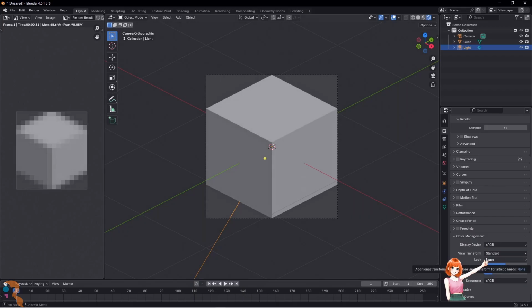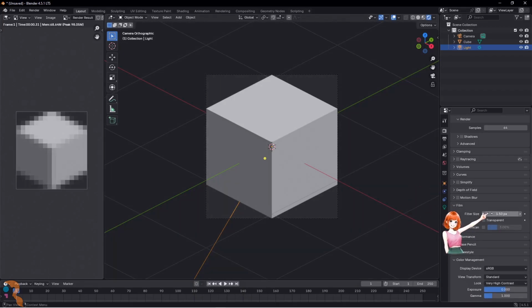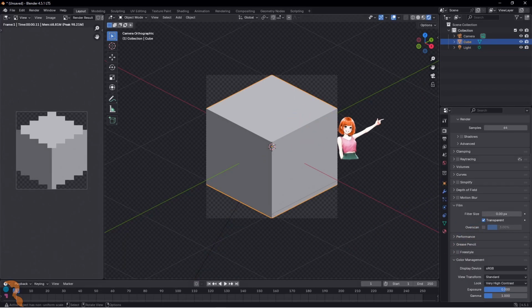In Blender, pixel perfection is achieved by setting the closest interpolation in the texture mapping of materials, and increasing the contrast and resetting the film filter size in the output.